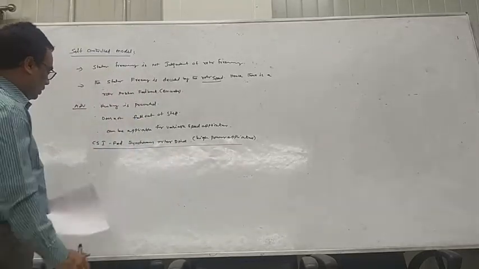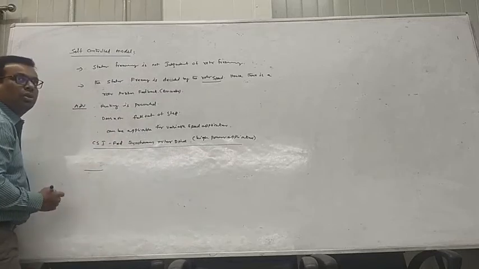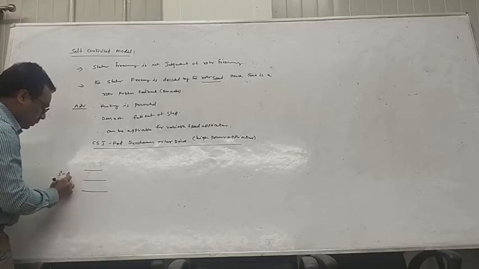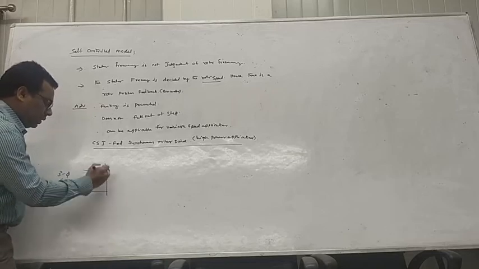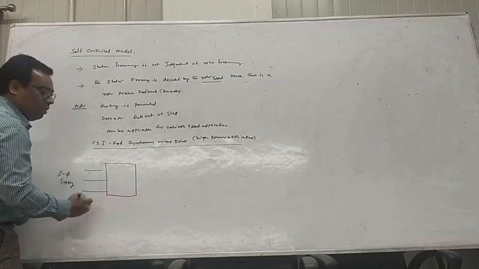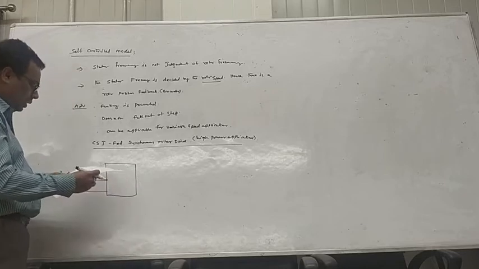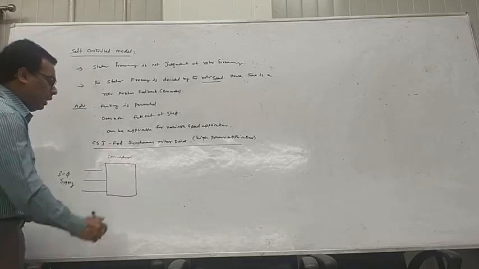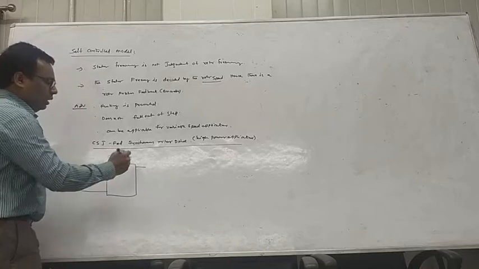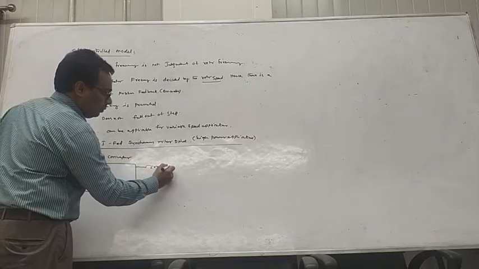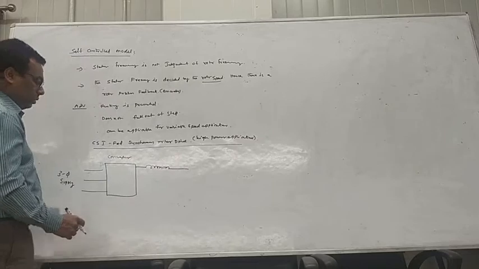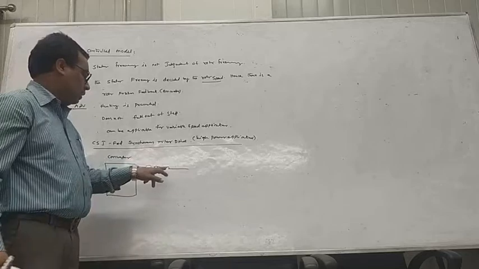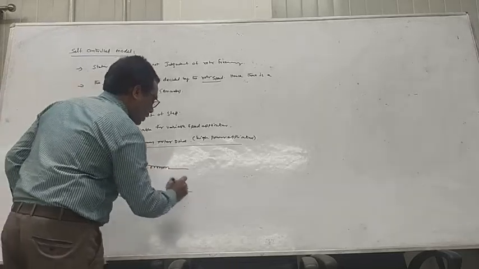As I discussed in the true synchronous model, in a similar fashion you may consider a three-phase supply going to the controlled rectifier. This is the converter. Because of the CSI, you connect a large inductor here, and the purpose of this inductor is to keep the current approximately constant.